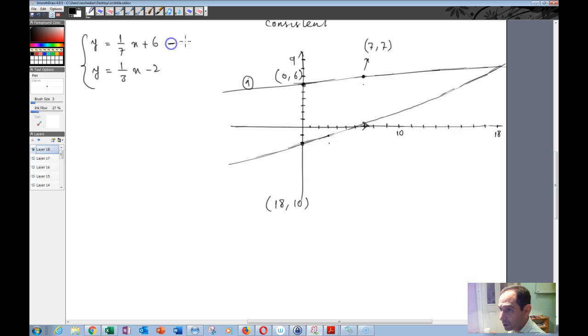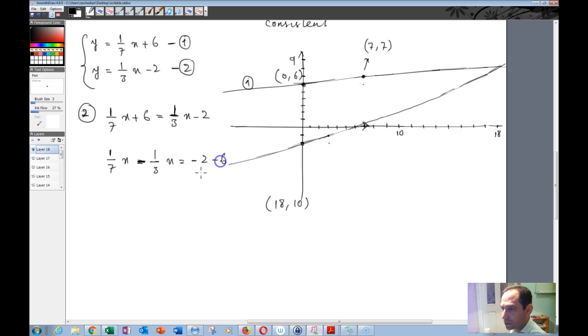So for example, if you take this as 1 and if you take this as 2, you see over here y has already been expressed in terms of x. So I can take 2 now, and instead of y I can write 1/7 x plus 6, and that's equal to 1/3 x minus 2. Okay, and take this to the other side, so 1/7 x minus 1/3 x is equal to -2 -6,